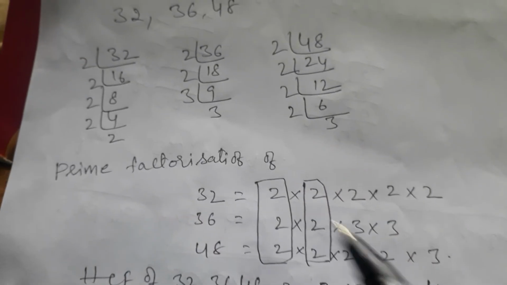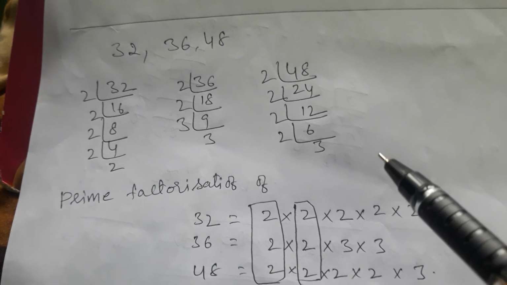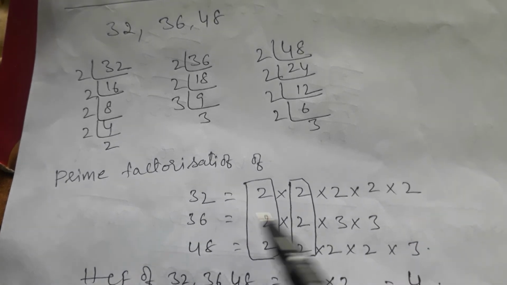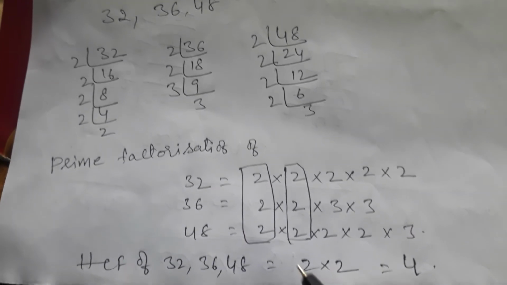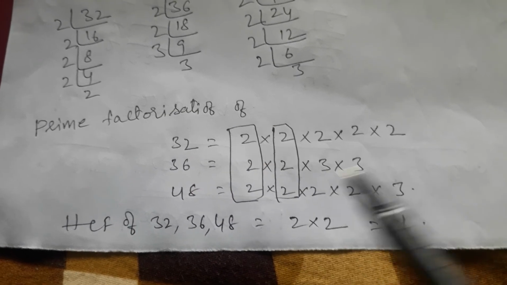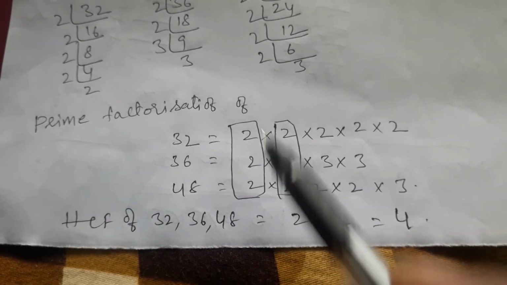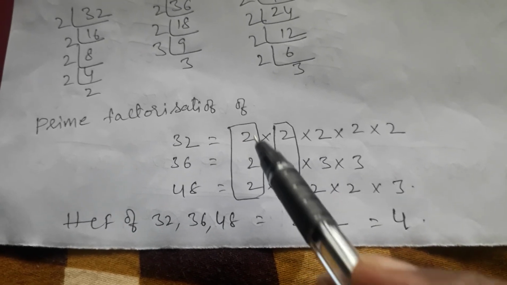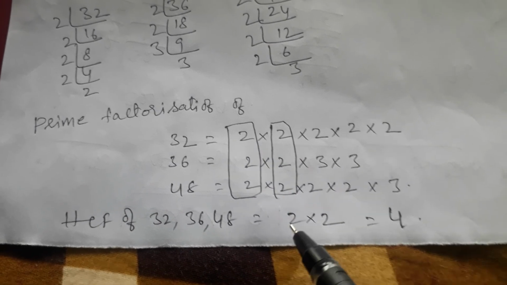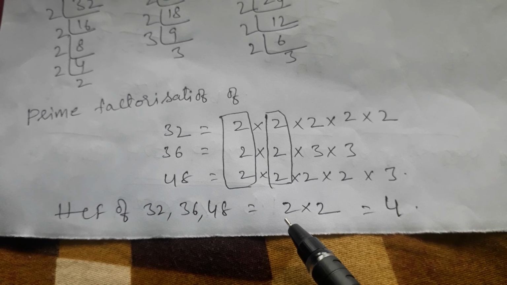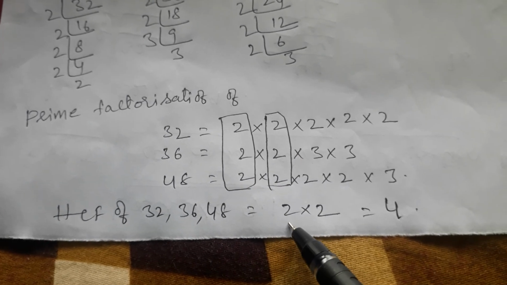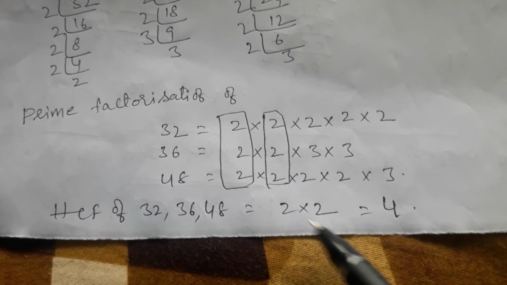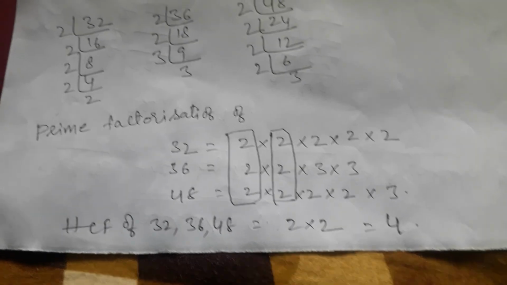This is the method to find out HCF. Write prime factors: divide each number into prime numbers, and multiply all factors for each number. Then you will get the prime factors. In those prime factors, select which is common in all rows, which is common in all 3 factors. Then only take that one, which is common, one time. This 2 is common in all, take one time. This 2 is common in all, take one time. Which is common in all, take one time and multiply. You will get the HCF finally. You try to do the remaining.